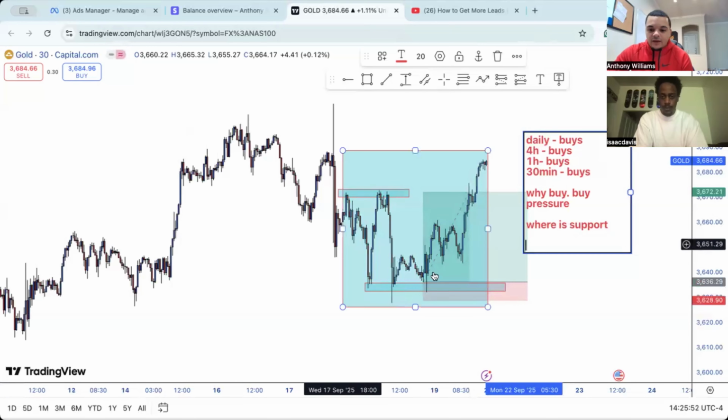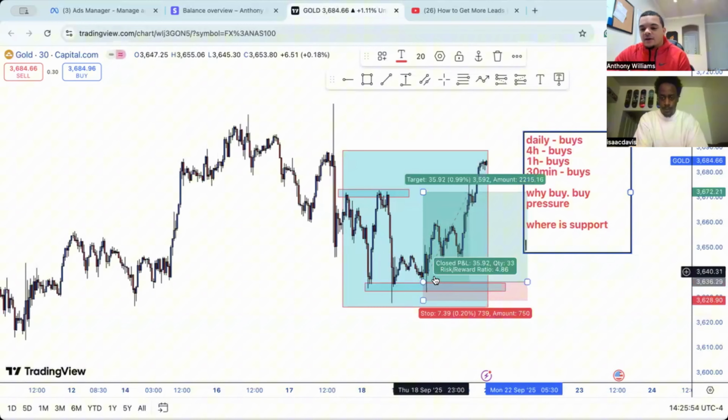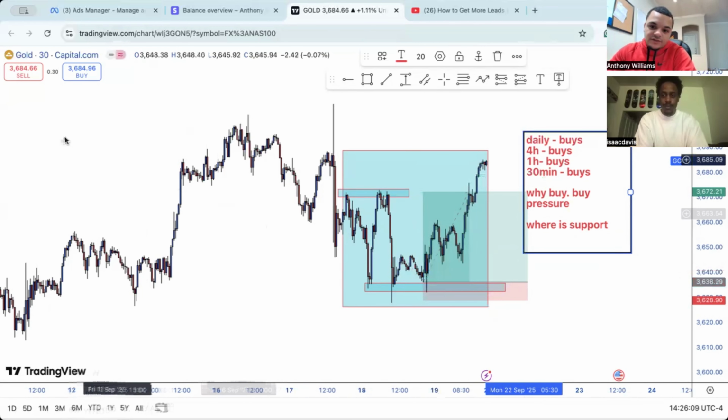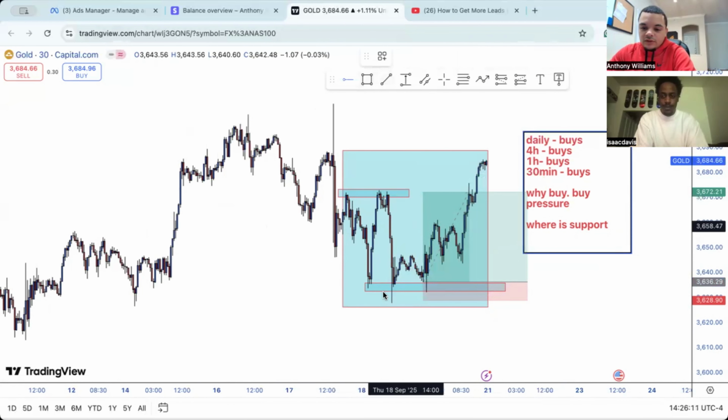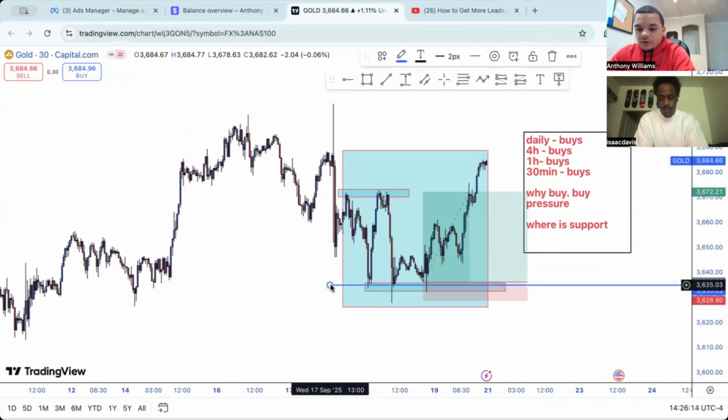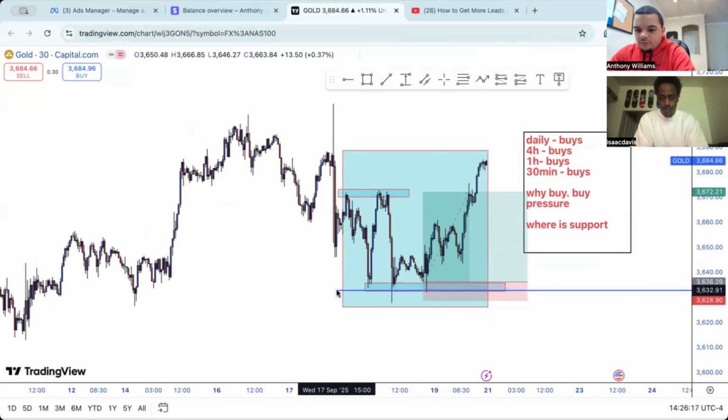So understanding where, okay, where am I? You'd be like, okay, Anthony, where am I going to take my trade exactly? I get the support, I get the buy pressure, I get that we're in buys. Where exactly, when price hits this, is when I'm hopping in and pressing my buy. All right, so we're going to go down and look for our whole number. Where did the price go? Where did the price hit? And I got, hold on.